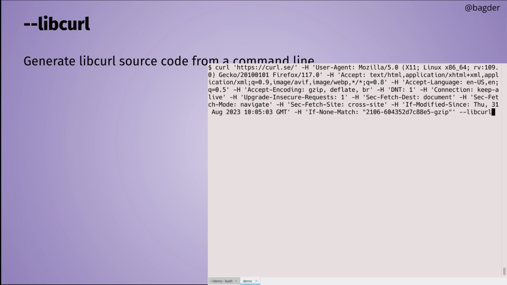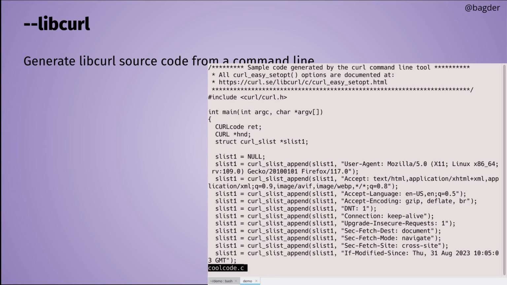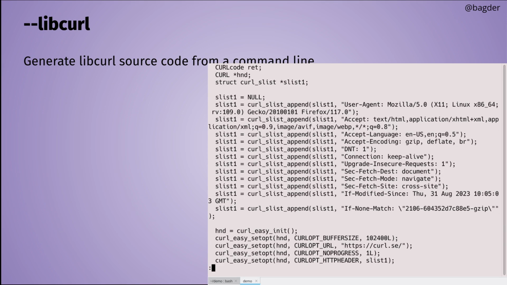So I add here on the very end of the command line, I could put it anywhere in the command line, but I put it at the end, --libcurl code.c, and then when it does this, it now saves C code. It's now called code.c, and this is now an embryo for how to write